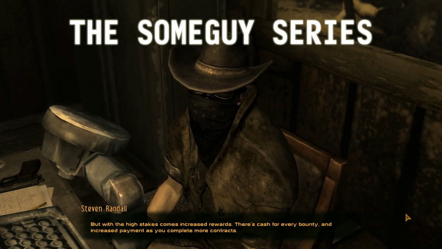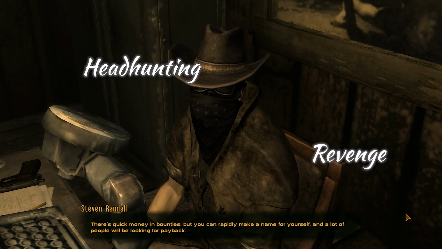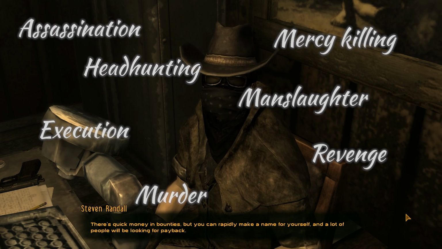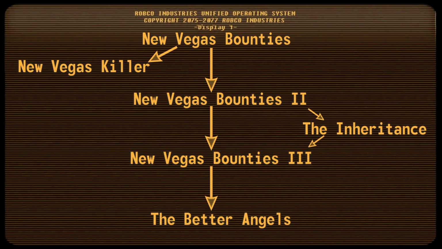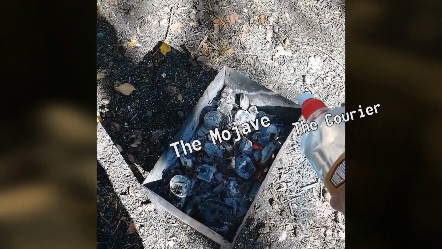The Someguy Series is a set of mods about killing people in the forms of headhunting, revenge, mercy killing, murder, execution, assassination, or even manslaughter, you name it, thoughtfully designed for all well-adjusted individuals with a highly complex plot design meant to offer the most possible immersion for the player. The story of the series can be easily summarized as: